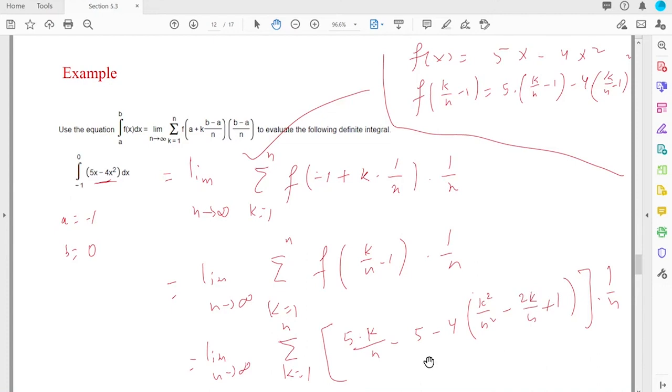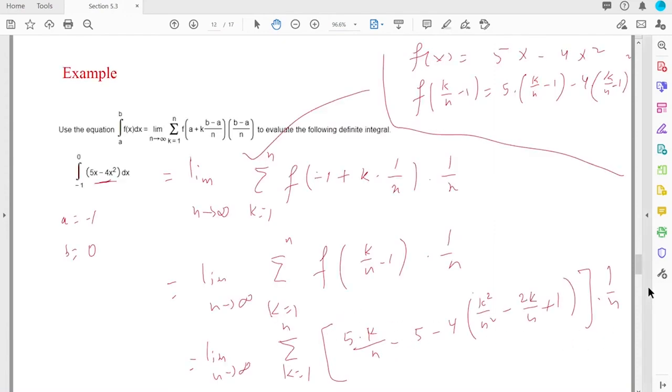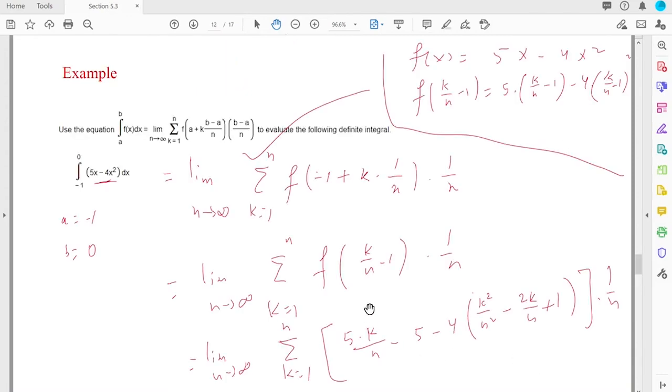Okay, after that let's see what happens here. Let's go to the next step. I'm going to multiply everything by 1 over n, and I'm going to expand this. So the next step is the sum from k equals 1 to n, and we need to find the limit of that. So there should be a limit sign, limit when n goes to infinity. So if I multiply everything by 1 over n and then distribute,